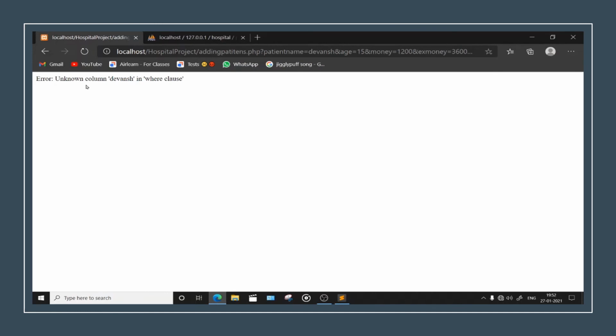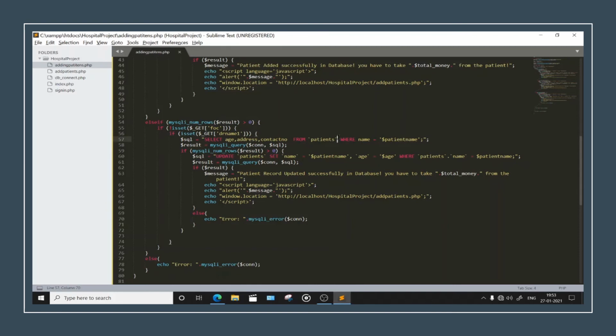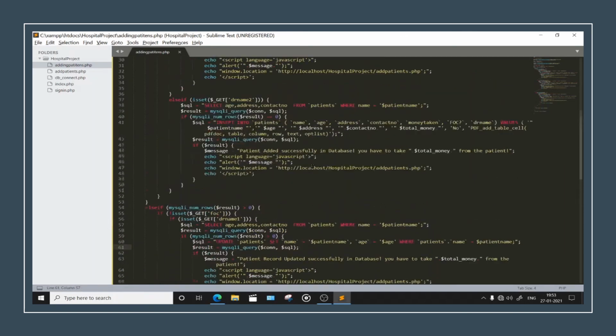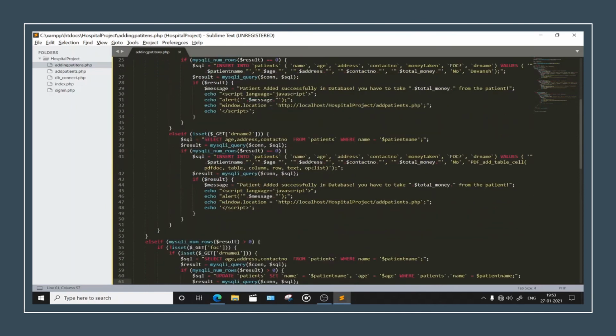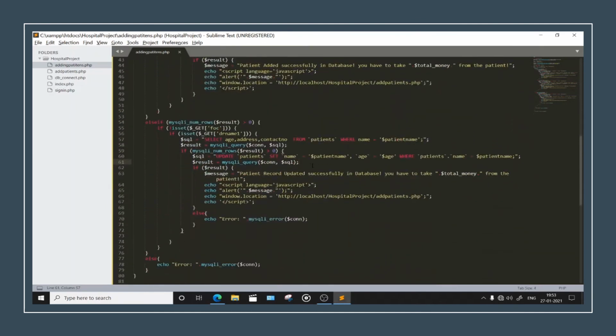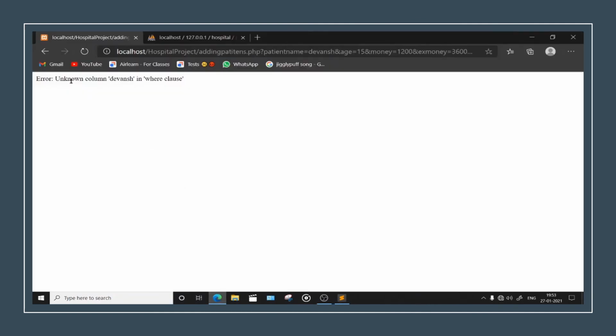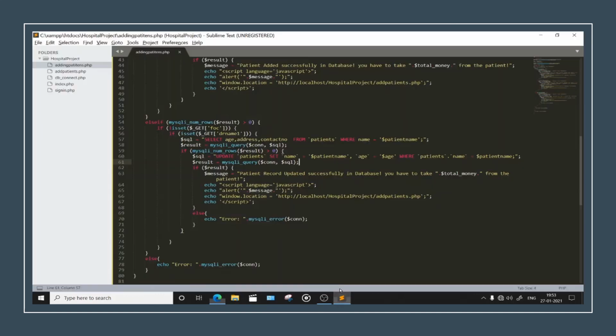Error: unknown column Devansh in where clause. So it's saying that this is not the, fine, no problem. Where patient's dot name, set patient name is this way. Let's just see where it is saying unknown column Devansh in the where clause.